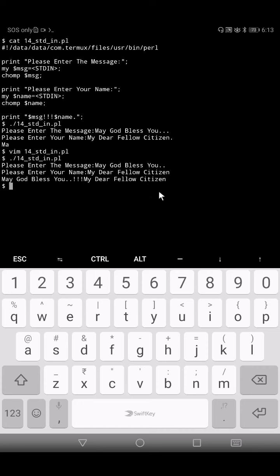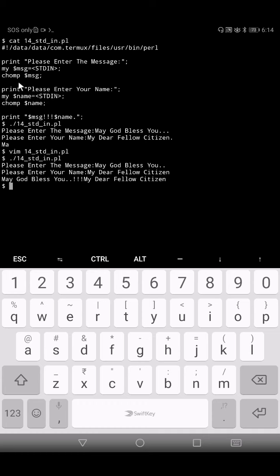In the previous case we were not getting the response on the same line. For that we used the chomp command. The chomp command eats the newline character. By default, whenever we pass the argument from the terminal screen using the syntax STDIN, less than and greater than, the kernel interpretation puts the response onto the next line. So for that we need to chomp it.